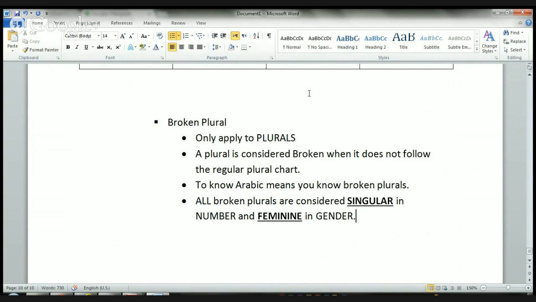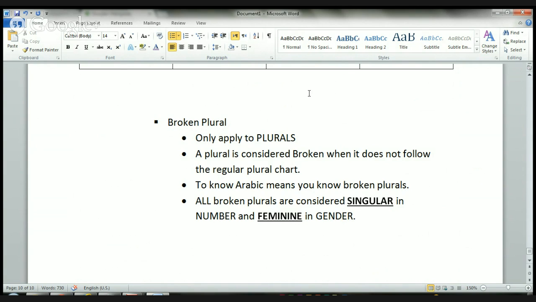For example, you have the word ulama, right? Do you know the singular of ulama? Alim, right? So conjugate it. Alimun, aliman, alimin. How do you say two alims? Alimani. In nasab and jar, alimayni, right? But it's not alimuna. It's just not there. There is no such thing as a plural of alimuna. So it's considered ulama, ulama, ulama'un. It's just considered one specific thing. So if it is broken, it's considered singular.